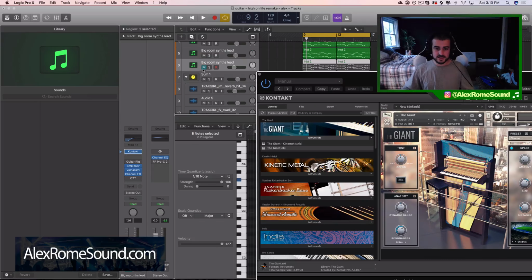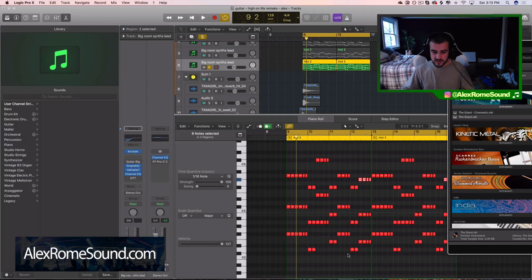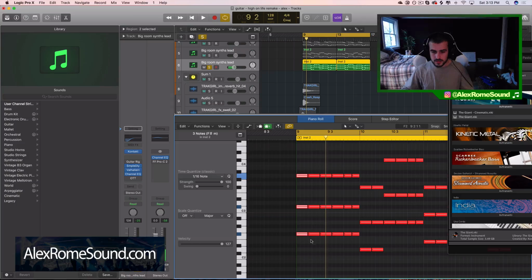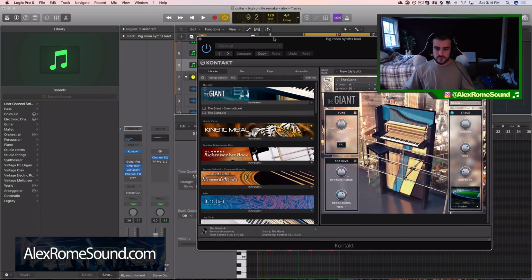So watch this. Let's look at my chords for a second just so you can see the notes here. They look like this, and they're in triplets. You can see it's only three little marks in length because these chords are in triplets. So if I jack up the hardness on the Giant,